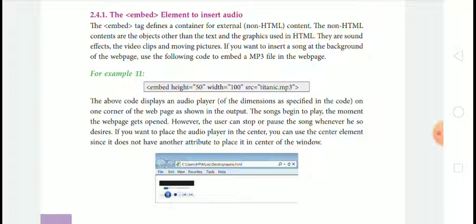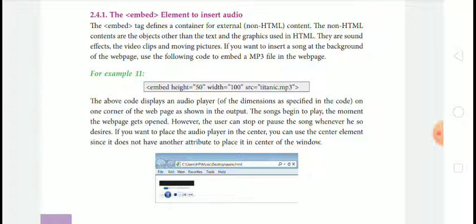The above code displays an audio player on one corner of the web page as shown in the output. The song begins to play the moment the web page gets opened.